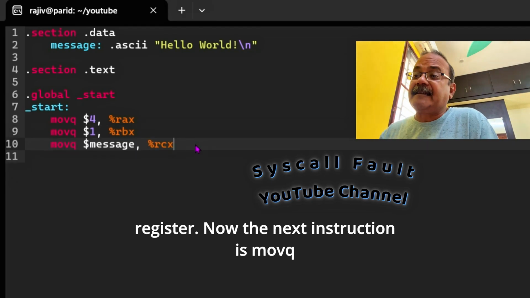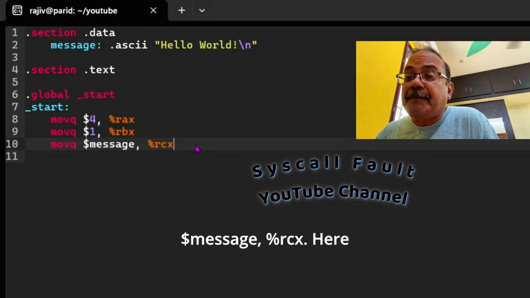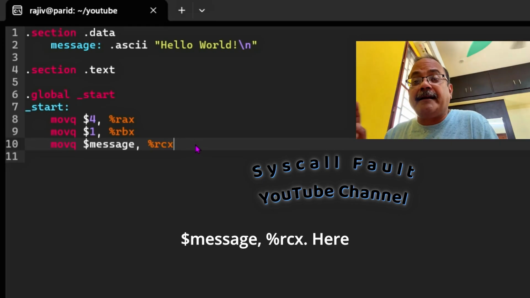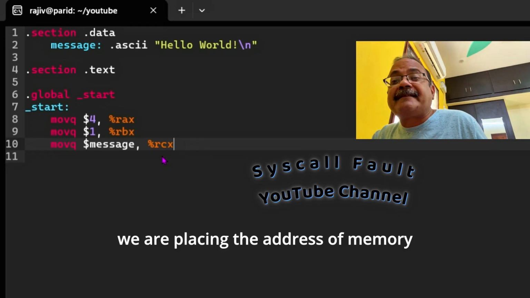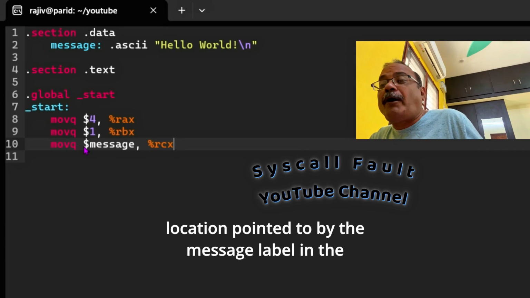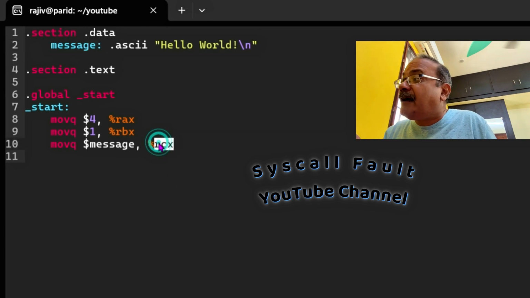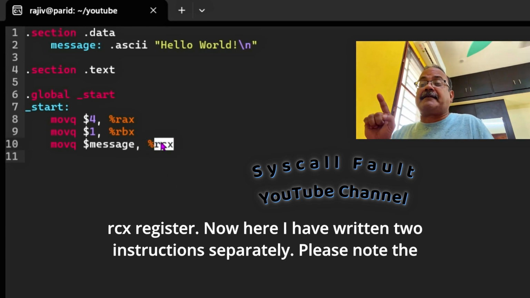Now the next instruction is movq $message, %rcx. Here we are placing the address of the memory location pointed to by the message label in the RCX register.